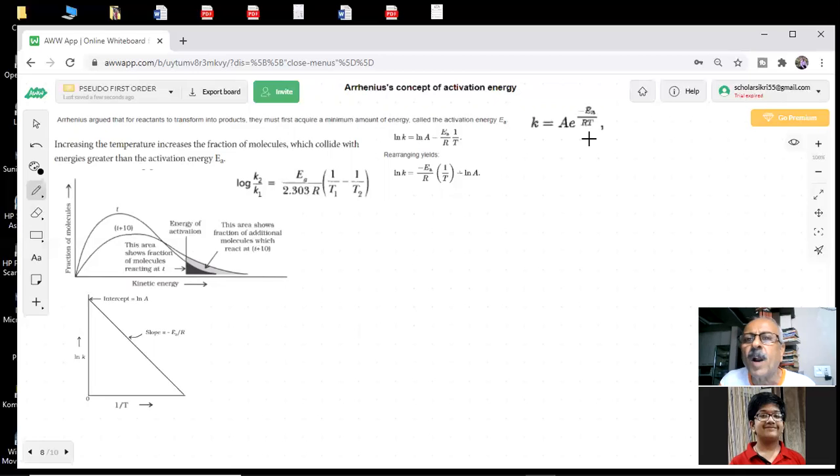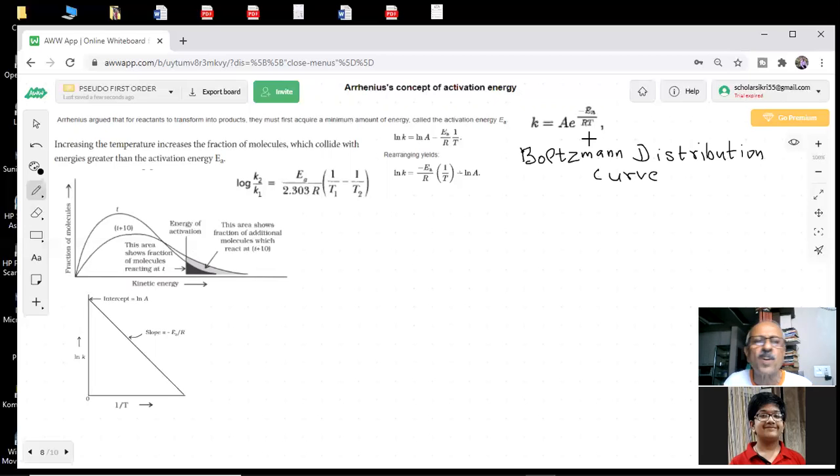Boltzmann, you have heard the name of Boltzmann distribution curve. Important. What Boltzmann was doing, he said that in every system you have a collection of a large number of molecules or particles or whatever atoms you have. They have kinetic energy, but all of them do not have equal kinetic energy. Then what is it? There is a distribution of the kinetic energy. What type of distribution is there?